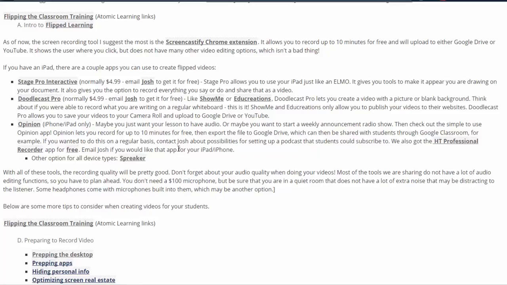Those of you that have iPads, there are a couple different apps depending on how you want to do your recording. Stage Pro Interactive basically takes your iPad, makes it look like an Elmo. You can use the camera to see if you have a piece of paper or anything that Elmo can do. Record it. You can draw on it, and it saves it as a video file that you could upload to